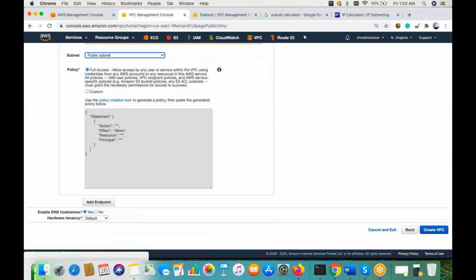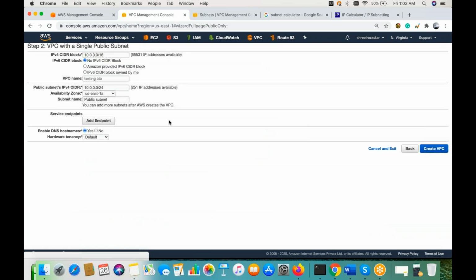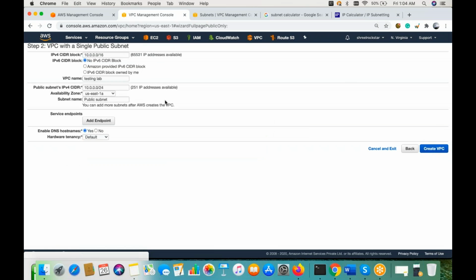So guys, this is the endpoint you create between two services, source to source. You are giving access, that's it. Only in that case do we require it. We generally use endpoints quite often whenever private connectivity is required. When you don't want to give your instance even internet access, like when you are creating a private subnet and you don't have internet access inside, then go with the endpoint, create it simply and attach it to your subnet. It will give you access between the VPC and your S3.